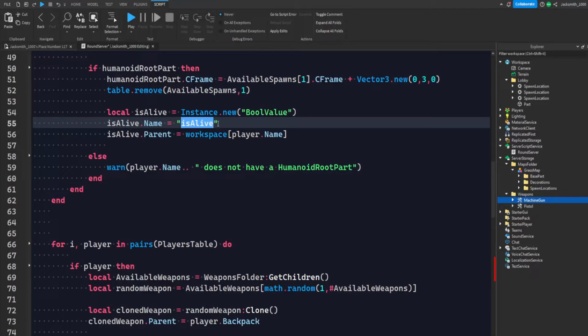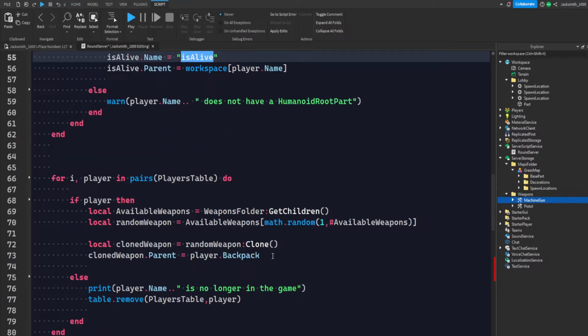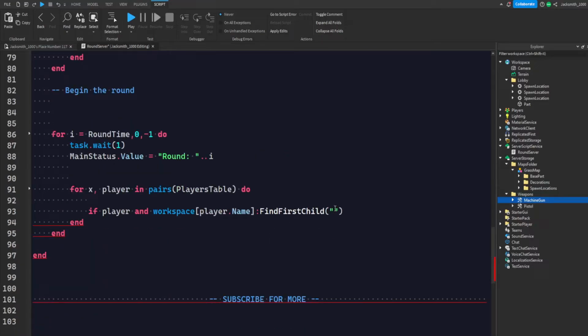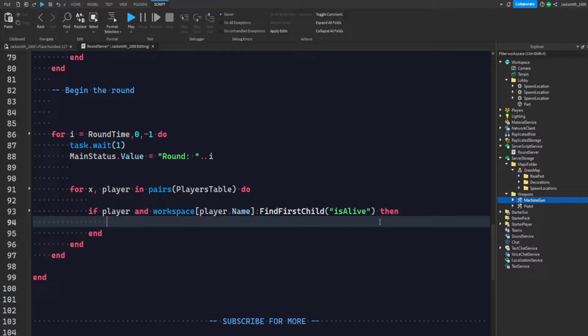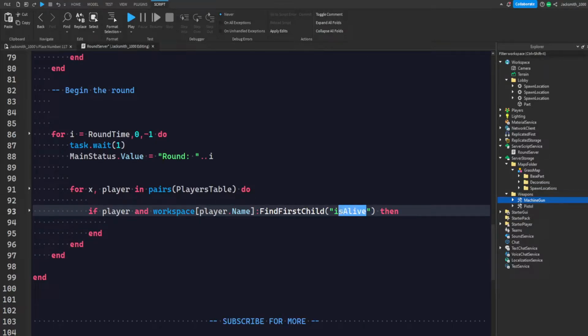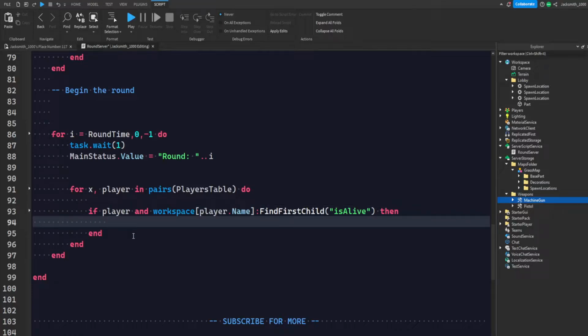Just copy and paste that exact name back down here, because we're going to be putting it in between these parentheses. So now we can check if the player is still alive, because if the player dies, what's going to happen is this will get destroyed, and the player will no longer have that in their character. Okay. So let's do if the player is, then we're just going to